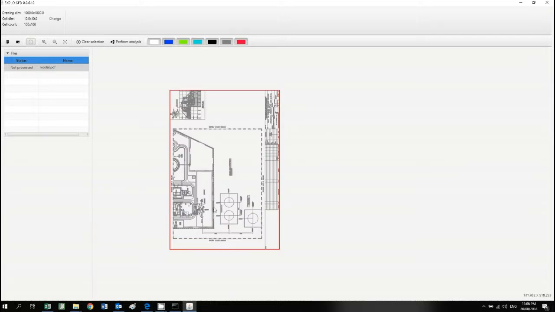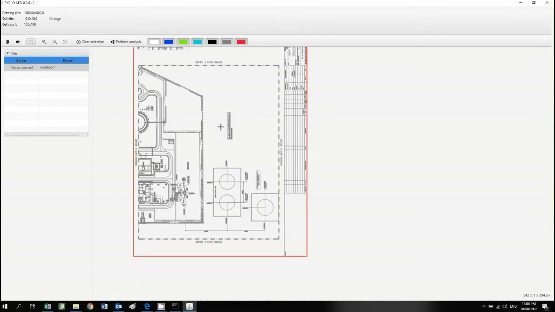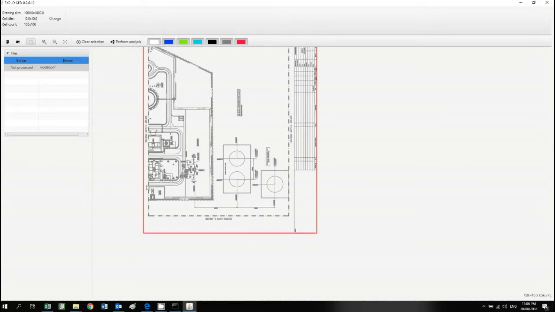So each one of these lines can be treated as a wall, but you don't want all of them to be treated as a wall. This bunding, for example, is only a few meters high. So from the point of view of an explosion over here and the tanks, it doesn't necessarily shield the tanks from the explosion. This blast wall is high, and we will